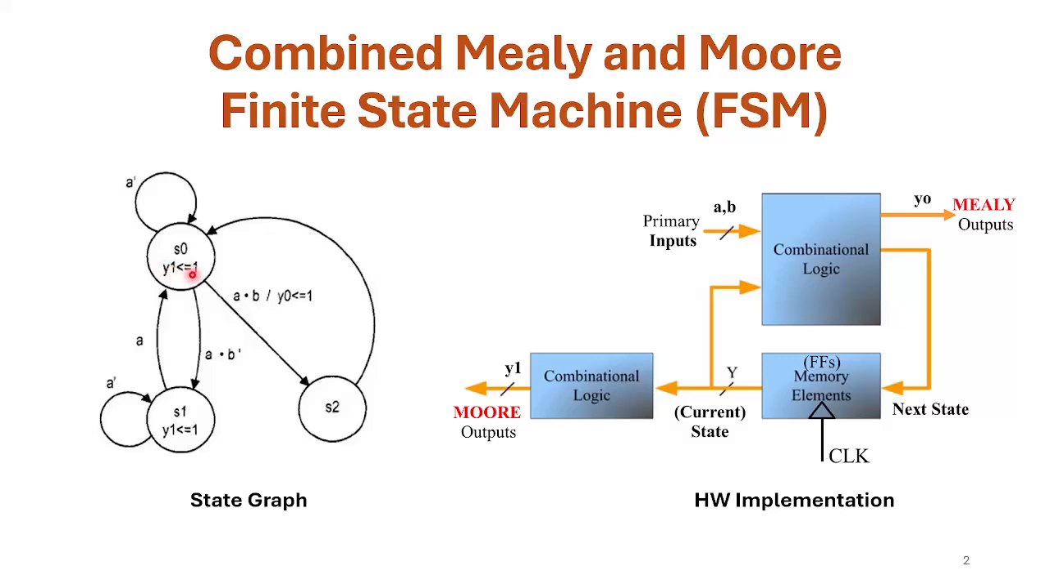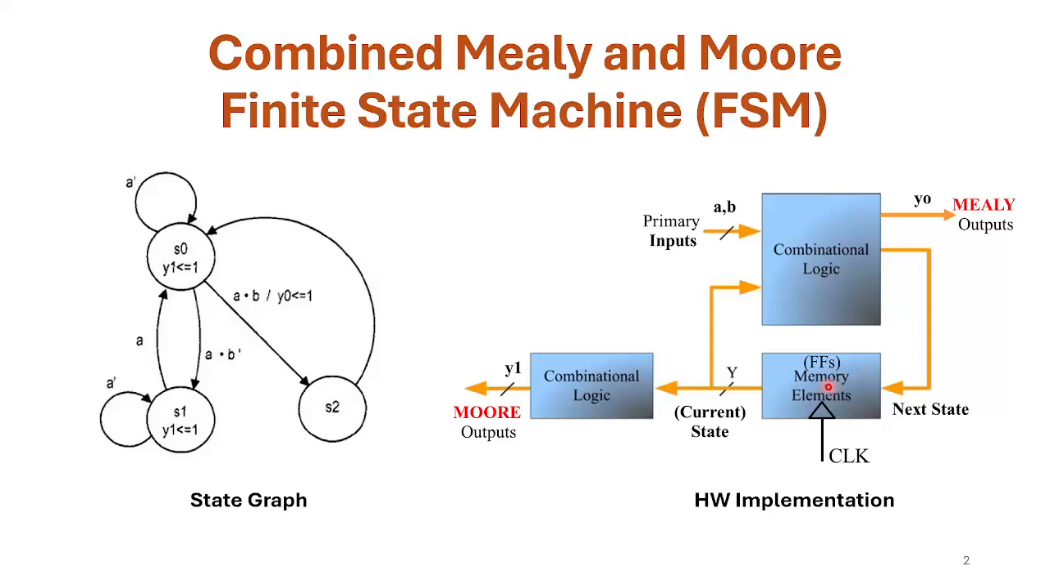to output y1 a value. Y0 is a Mealy output because we assign to it a value while transitioning from one state to another. From a hardware implementation, recall that any finite state machine state graph as a combination of Mealy and Moore states can be implemented using